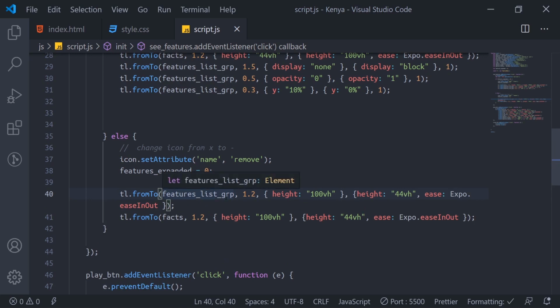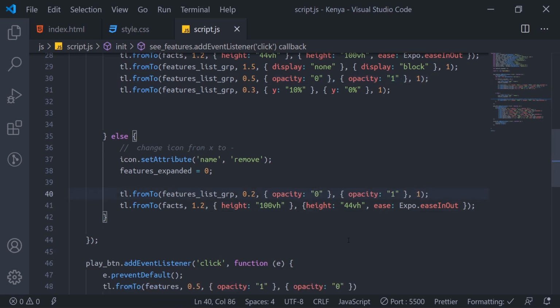So target features list now, opacity from 1 to 0.